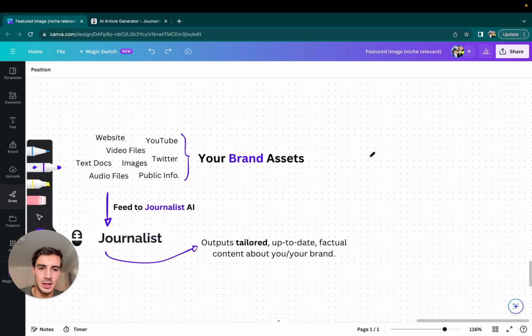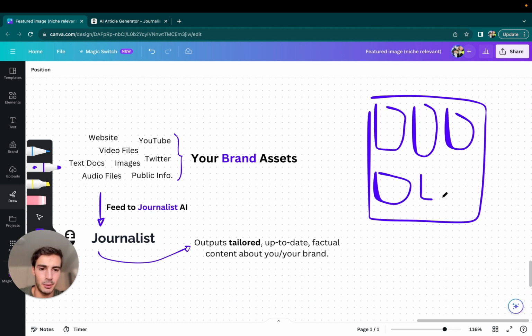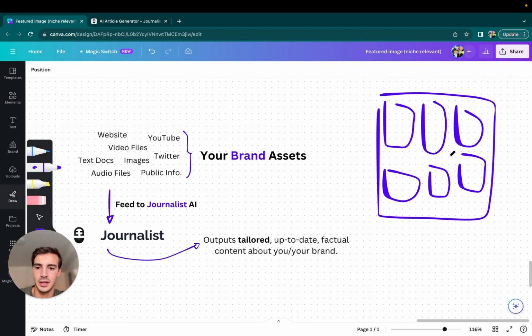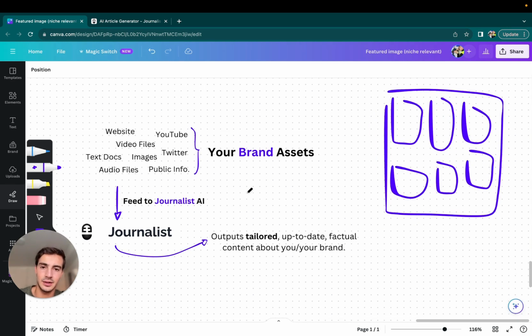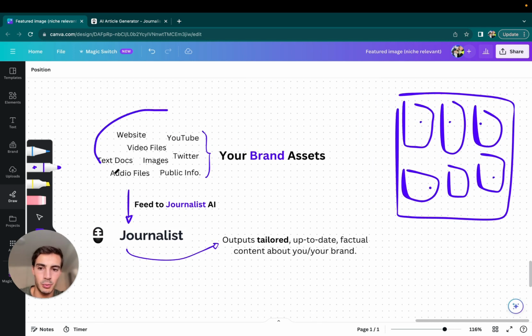So again, this is your Shopify blog, right? It has multiple unique blog posts in there, right? And these blog posts, which I'll show you in a second how they look like, they're all written and published by AI. So not only does the AI generate the posts, but it also publishes them to your site. Each one of these posts isn't just generic information, right? All of this is based on all your brand assets.